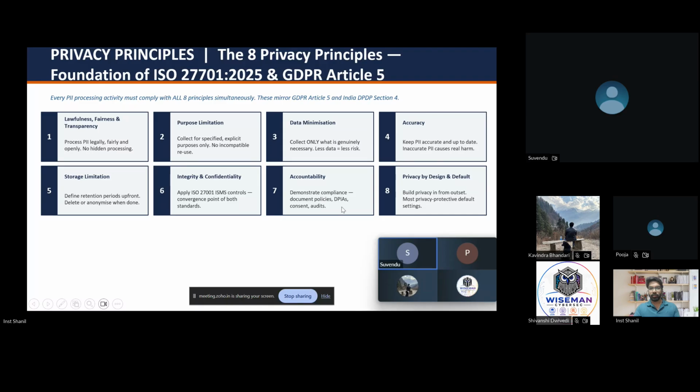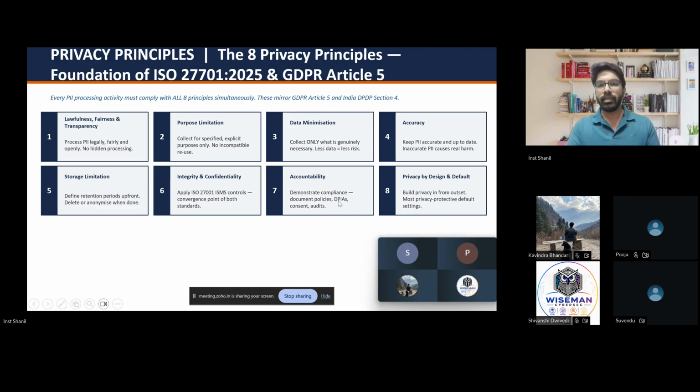So DPIA is there. This is data protection impact assessment. Whatever data the company is holding, they need to protect it, and if they are not able to protect it, they need to assess the impact. If data gets stolen, what is the impact that the organization will face? What is the amount of fine that it can cost the company? That is data protection impact assessment. If you are not able to protect the customer's data, how is your organization going to be impacted, whether you will be liable to fines, penalties, punishments. So this is DPIA.